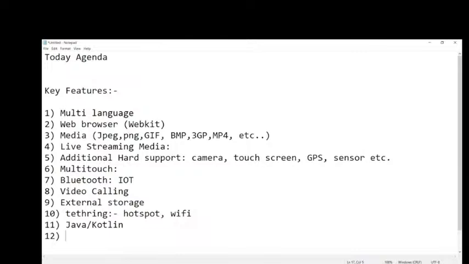The next feature is messaging. Initially, when I wanted to send a message, you could send it only in the form of text. If you wanted to send an MMS kind of message, meaning a media message, it was a huge cost in those days.